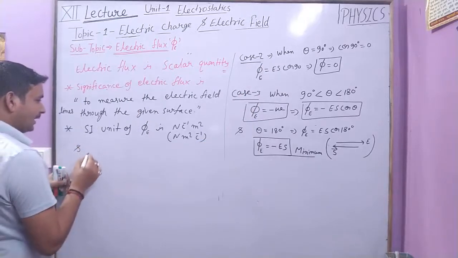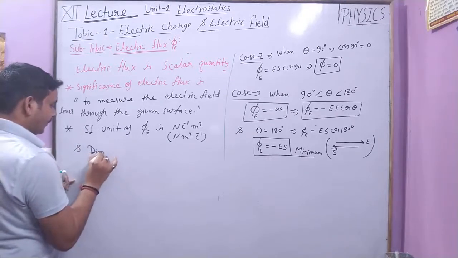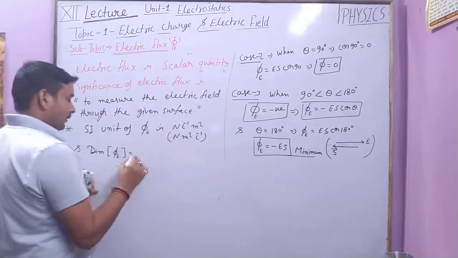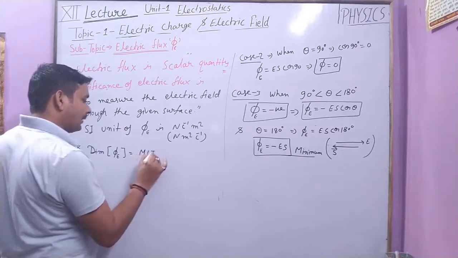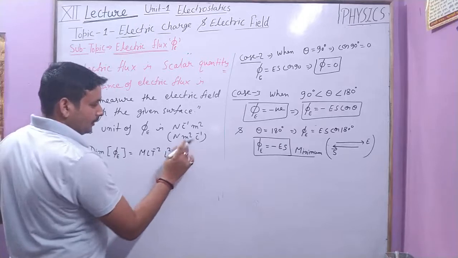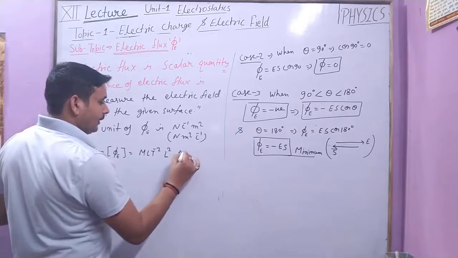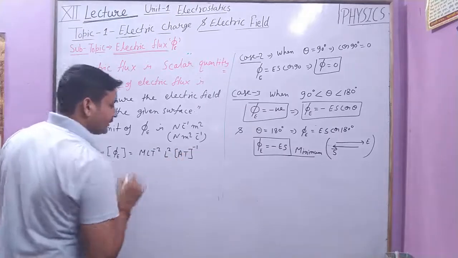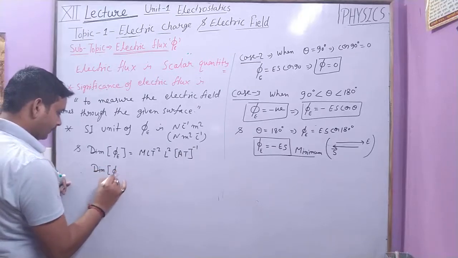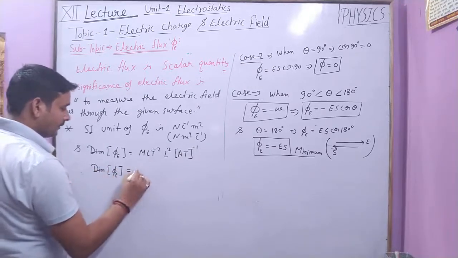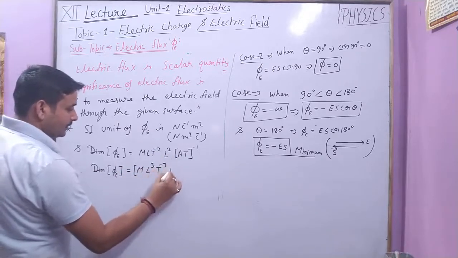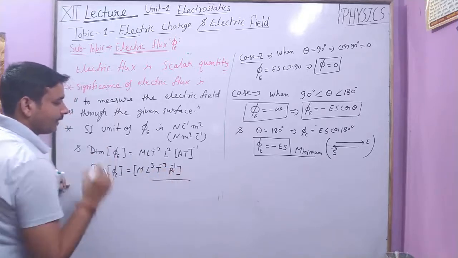And dimensional formula, dimension of flux is Newton, which means dimension of force MLT minus 2, times meter L2, and this is A minus 1. So you get dimension of electric flux is M L3 T minus 3 A minus 1. Okay,